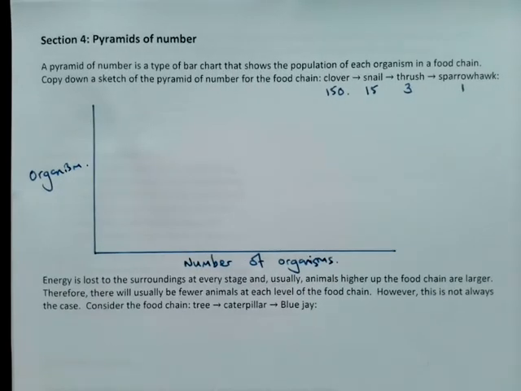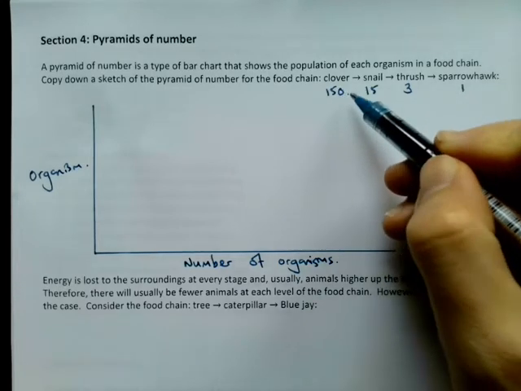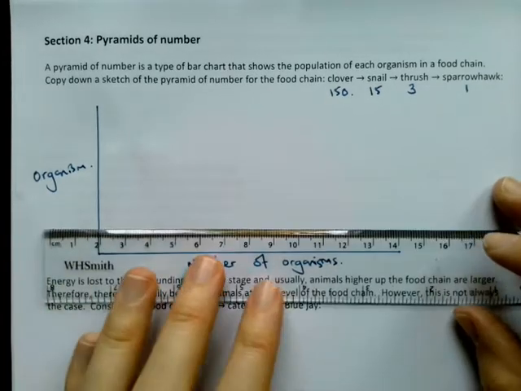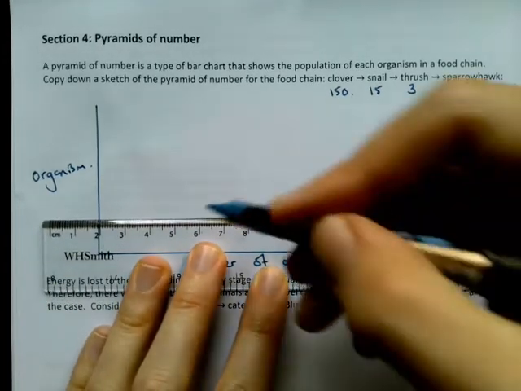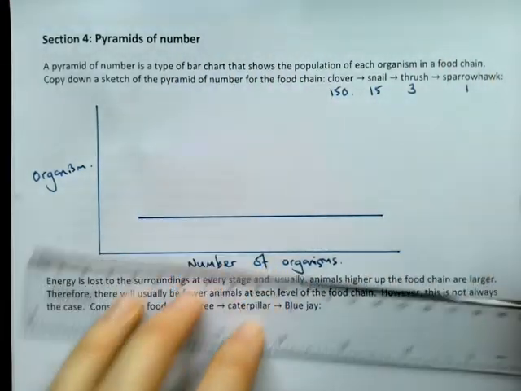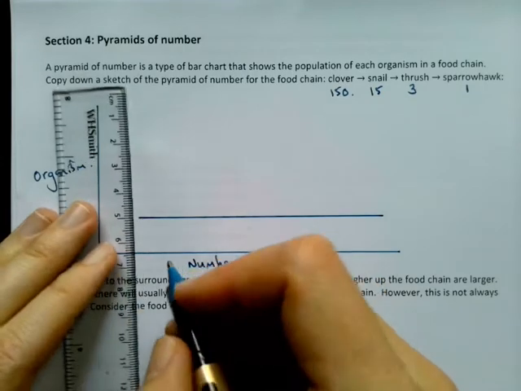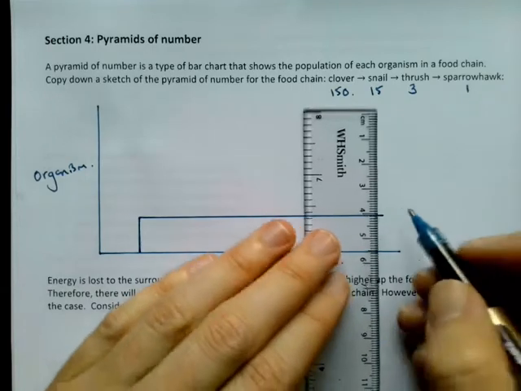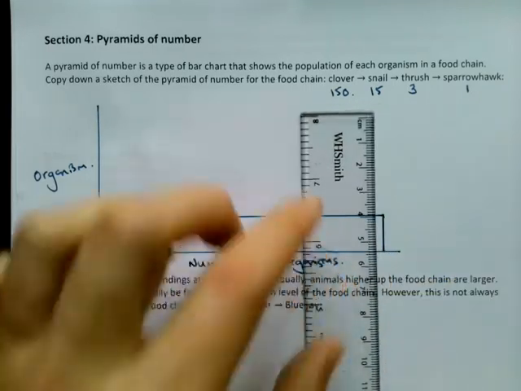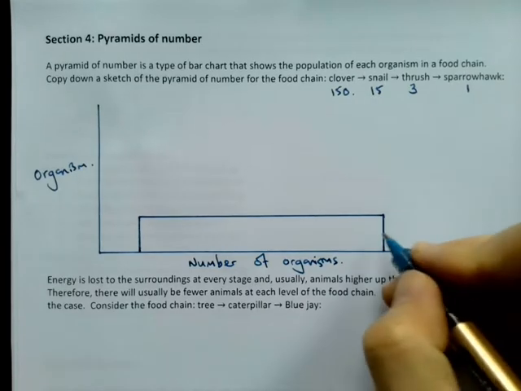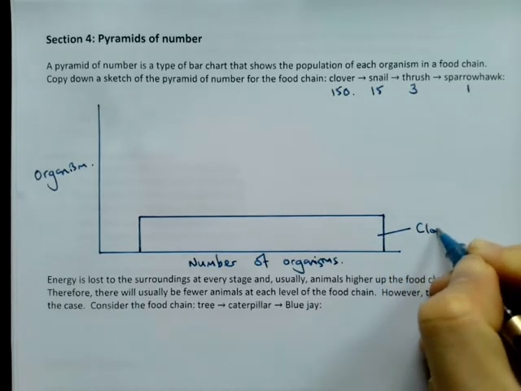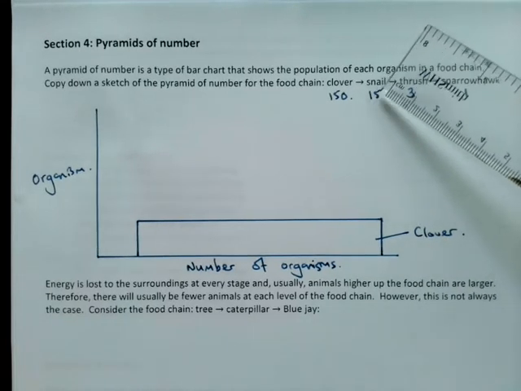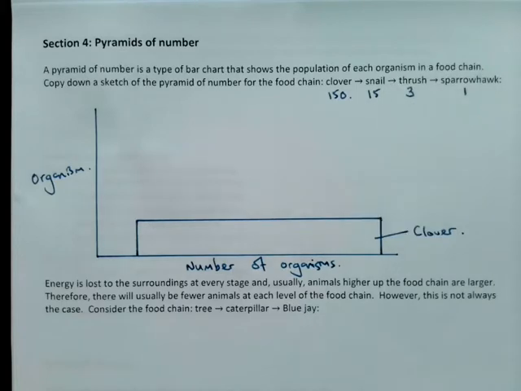we can have, first of all, we start at the bottom with our clovers. Now you see there are a lot of clovers. All right, so we're going to draw a nice wide bar for that. Now, like I said, for now we're not doing this according to scale, which means that it doesn't need to be exact. It just needs to look like that. Okay, so we can see now here, this is our clover.